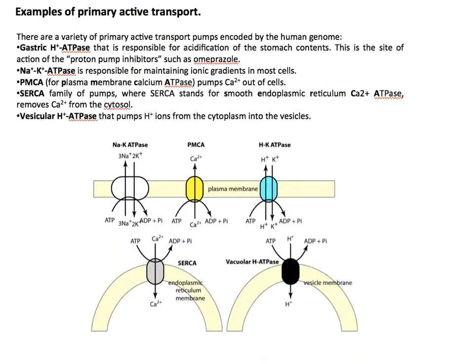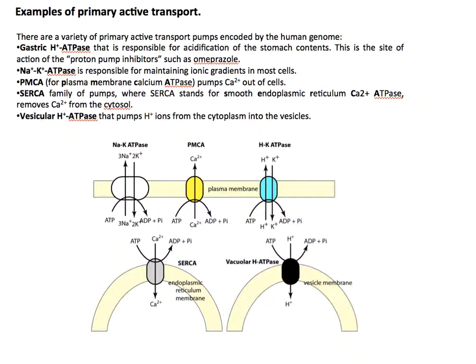Examples of primary transport. Here we go. Gastric hydrogen ATPase. I don't think you have to memorize details. Again, I'm not the one making the test questions. I just memorized all these little details, but you probably don't have to. Omeprazole is a very famous drug. It's what you take when you have